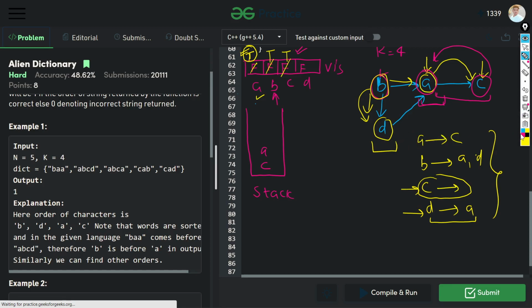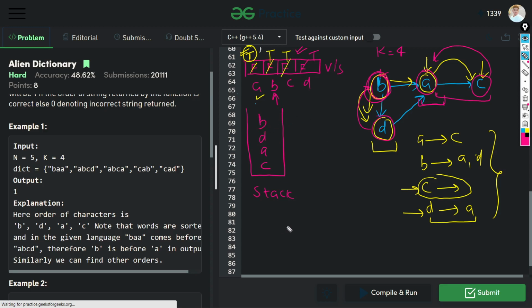That means here we also backtrack from D and return to B, and at B there is no other unvisited node among the adjacent nodes of B. At D we push D into the stack, and at B there is no more unvisited adjacent node, so we push B into the stack too.